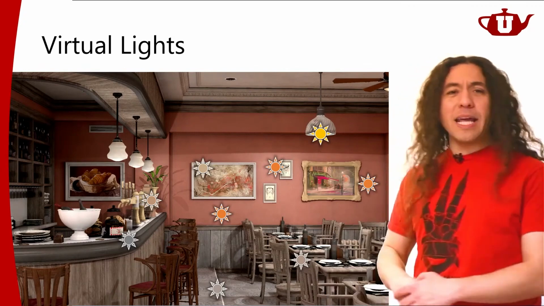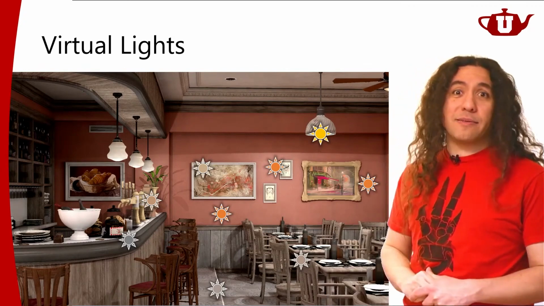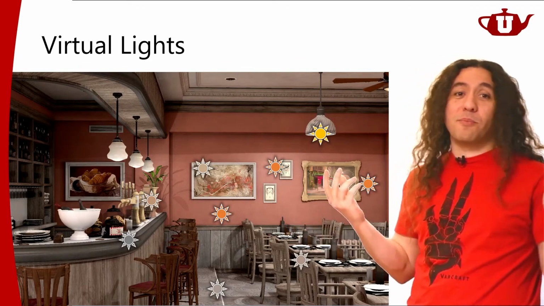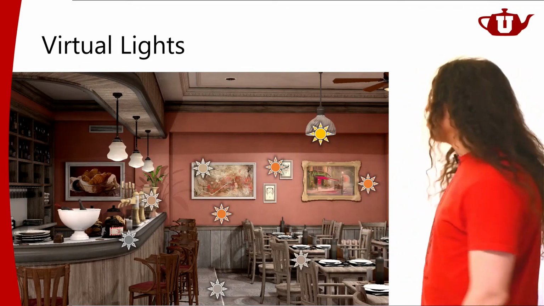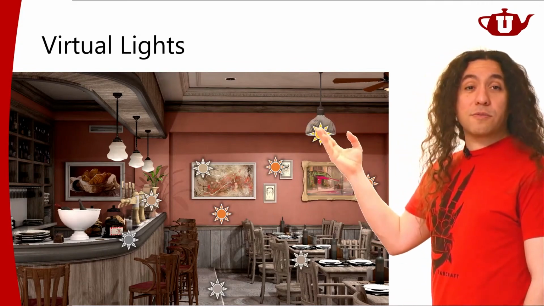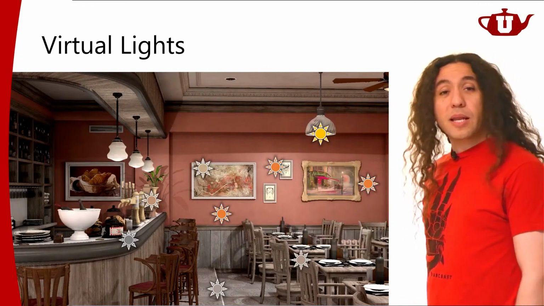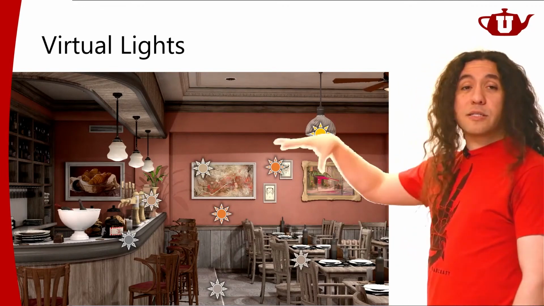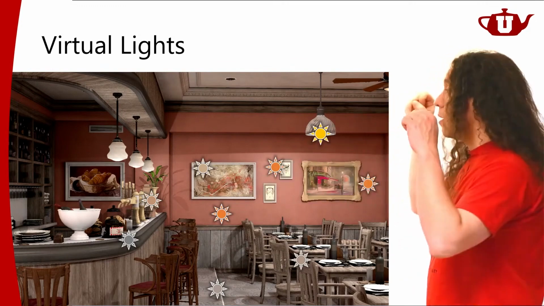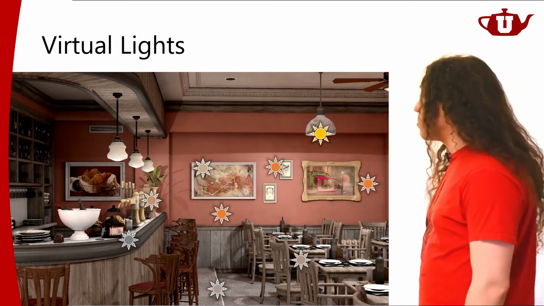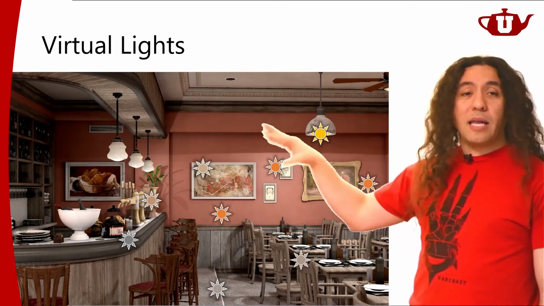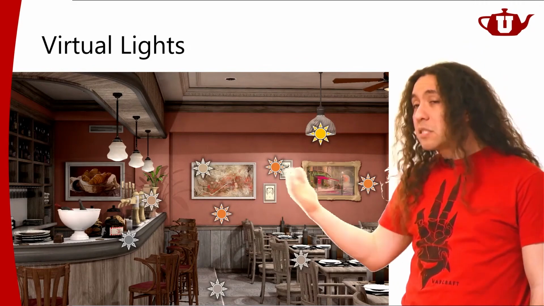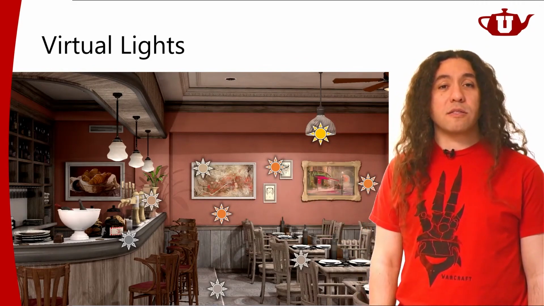So how many? Well, as many as I can afford. Obviously, the more the better, but at some point I'm going to have to stop. So I am starting from my light source and generating virtual light sources by just looking at some random directions coming out of this light source. And any surface point that sees this light source is a potential virtual light.